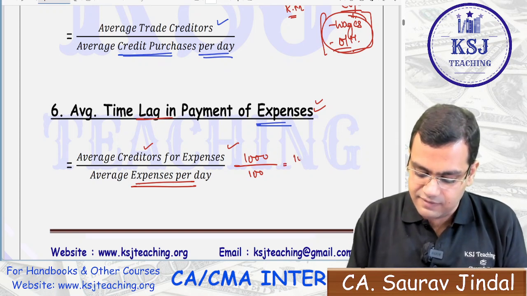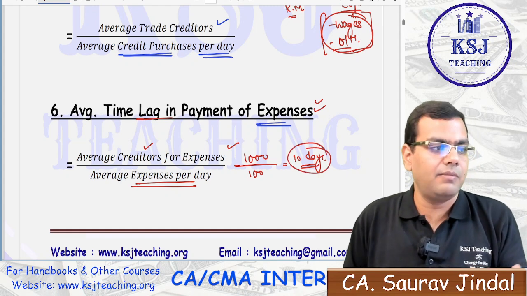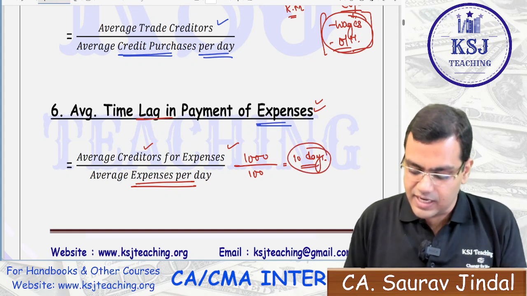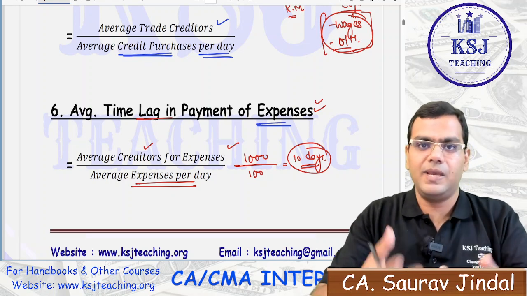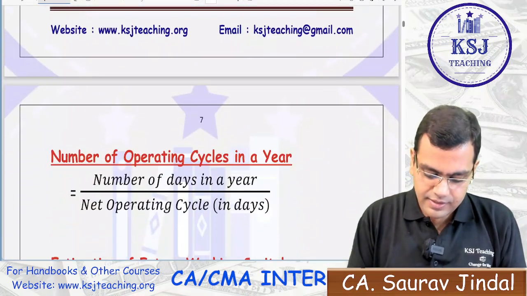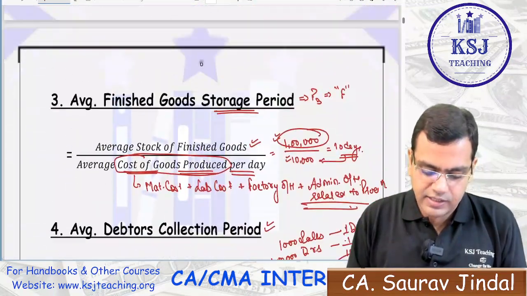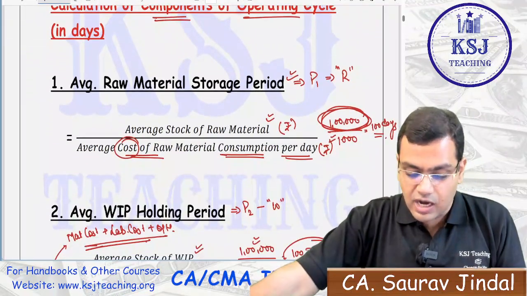That means after every 10 days you are making the payment. The time lag in the payment of expenses is 10 days, right? There will be 100 for 10 days, 1000 collected, then you will pay them, then another 100 will keep on collecting, right? So this is regarding the calculation of all the components of the operating cycle,